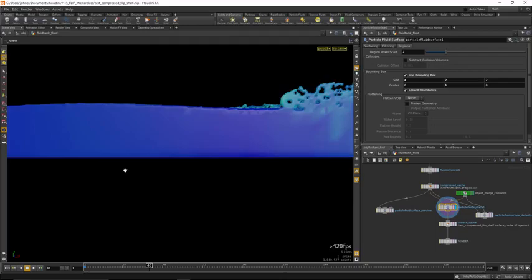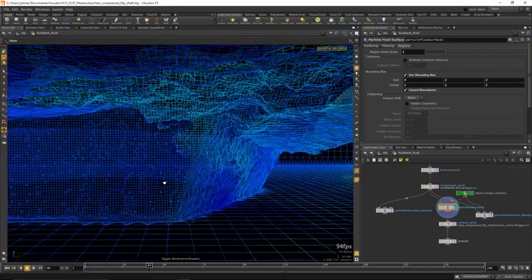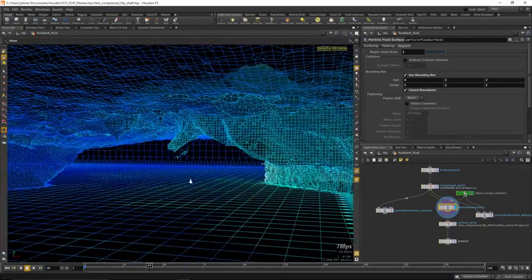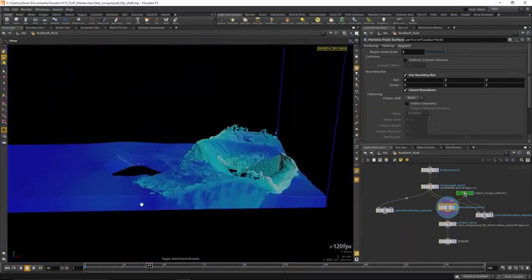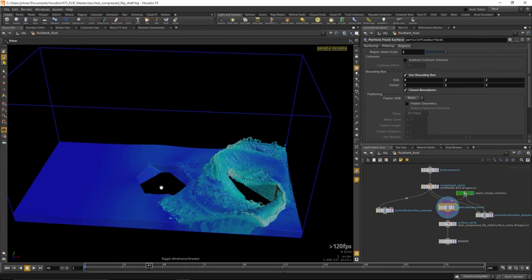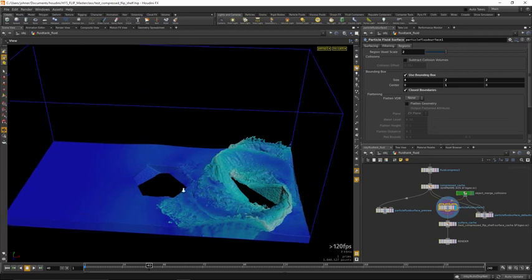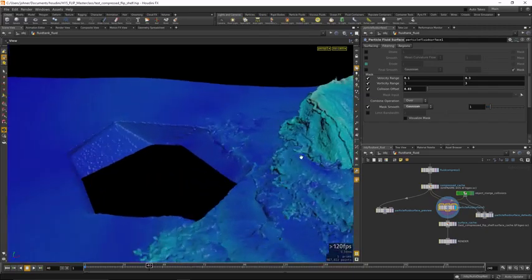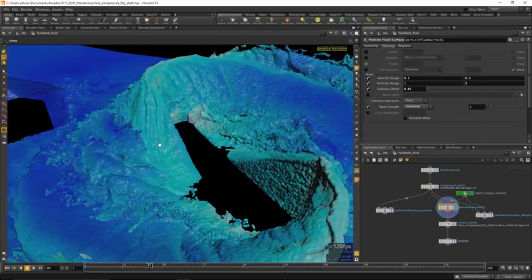So if we go in here or turn on that, we've got the full representation of the fluid here. Even though we only kept that really thin layer of particles, by using the volume we can restore all of that data underneath the water. Okay, but if we look at this closely, we can see that we've still got a lot of bumpiness to